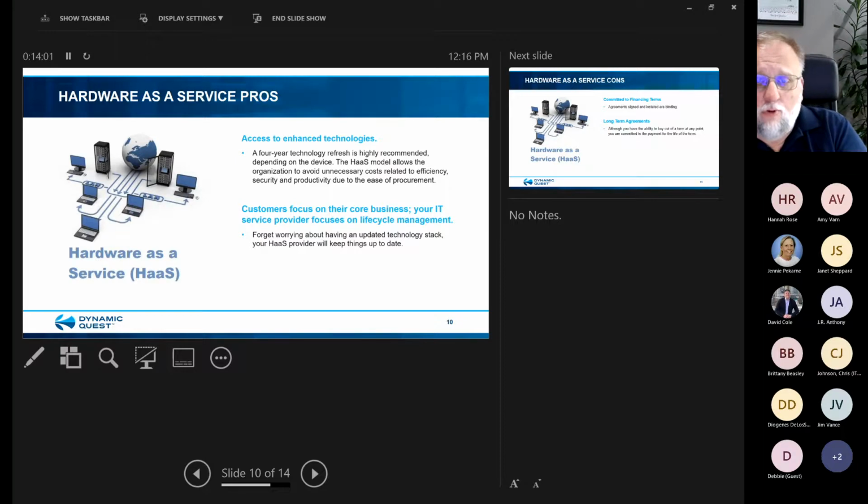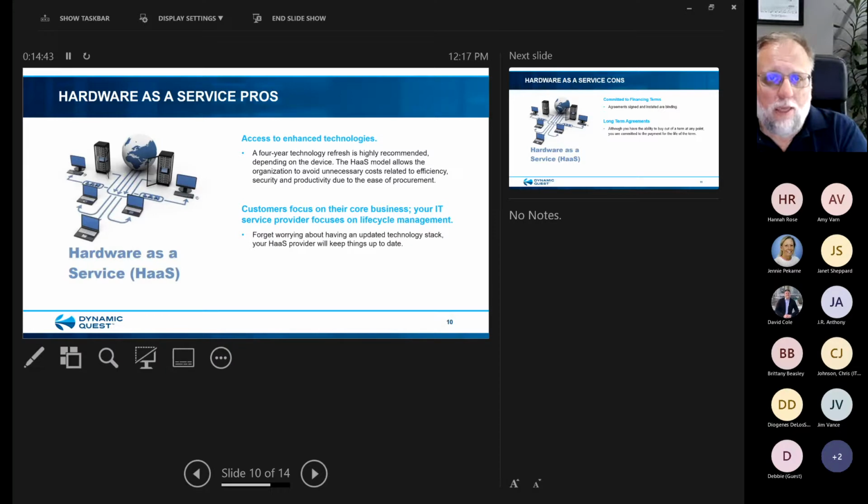Again, one of the other pros is it's going to give you the latest technology. You're going to be able to access the latest that's out there if you keep it refreshed. Some people are doing that already. Some people are refreshing workstations and laptops every quarter or every year, where they're buying a certain number, and that works out great. And you keep up to date. You know how many you're going to buy. You know how many you overall have. But in general, a lot of clients don't do that. A lot of people don't have that in the budget. So they end up purchasing them as they need them, as they fail or as new people are hired, which is fine.